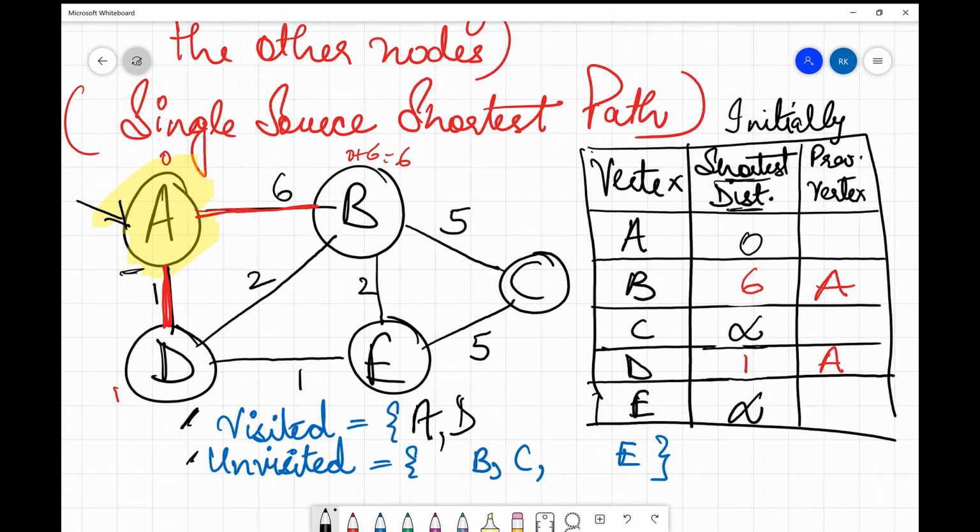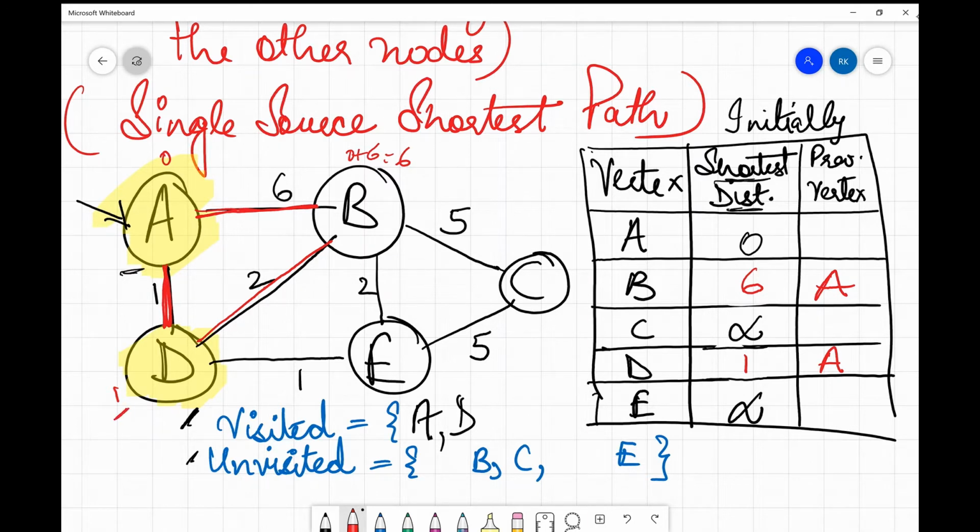Since I'm processing D, I'll mark it as visited and try to reach the other nodes using D. From D, if I try to reach B, there is a path, and the cost is 1 plus 2, which is 3.